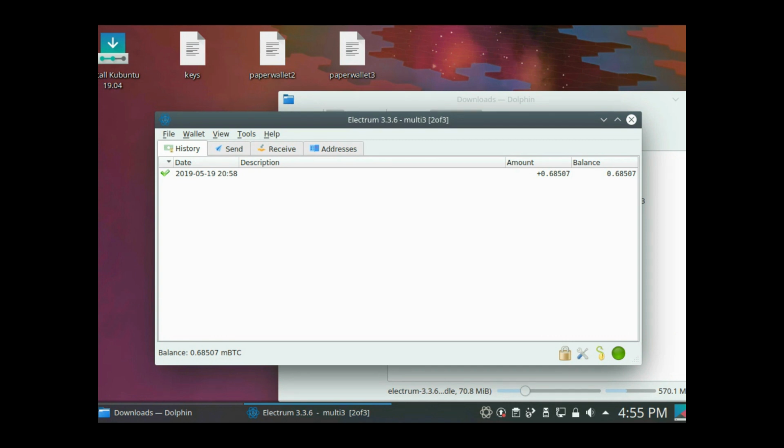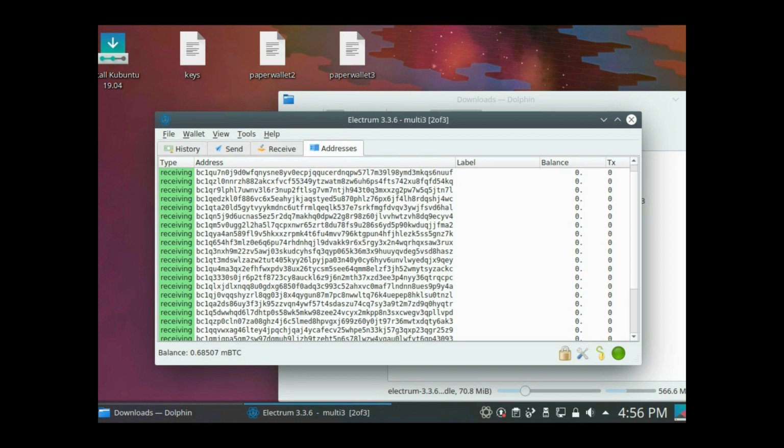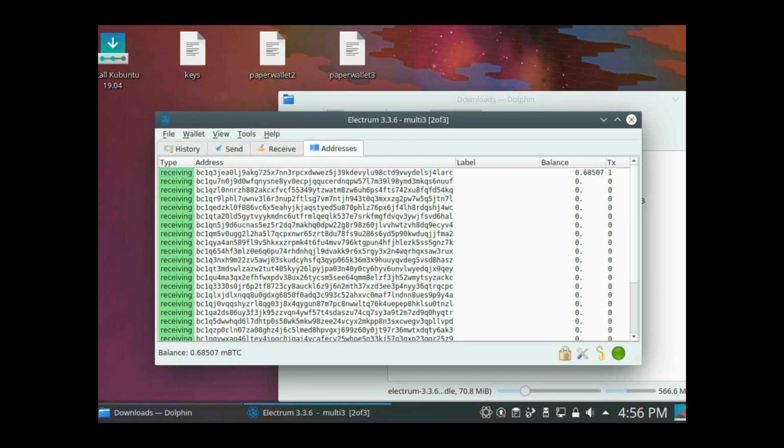And now we're going to see how we can send the funds out again. So remember, this is the multi-signature wallet 3. Here you can see the different receiving addresses your Electrum wallet has created automatically. It's on the first one. And now we're going to create